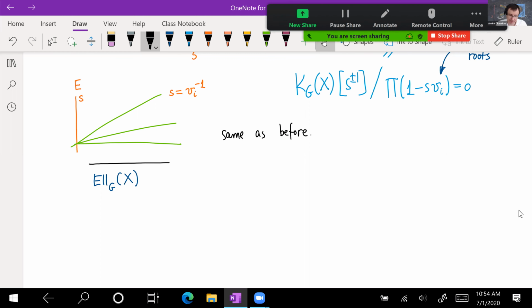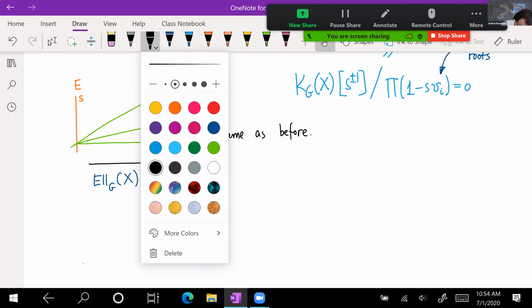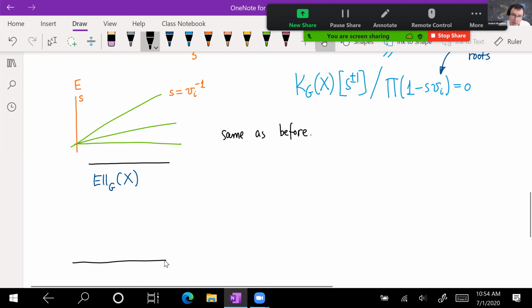If I have a vector bundle over X, I draw it like this. So this was X, and this was a vector bundle called E. And then I can take the unit ball bundle and collapse